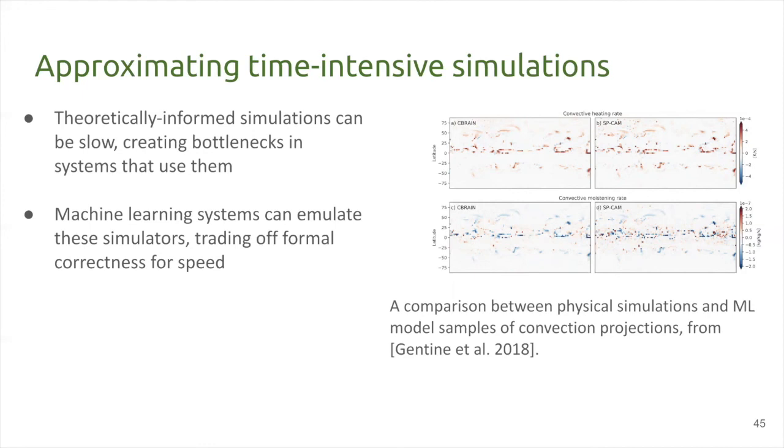So what machine learning can be very useful for is, once you've learned the mapping from simulation configurations to simulation output, you can try to then, in the future, avoid running these very expensive simulations and instead just directly map from these input parameters to what the output would have been if you had actually run that experiment.